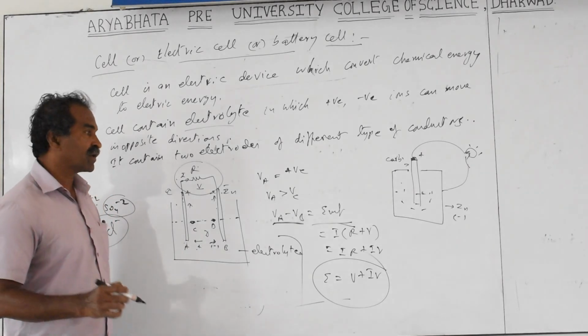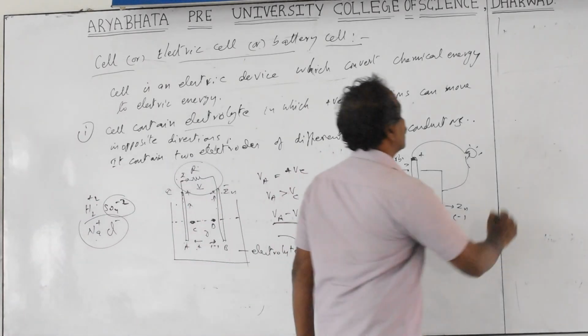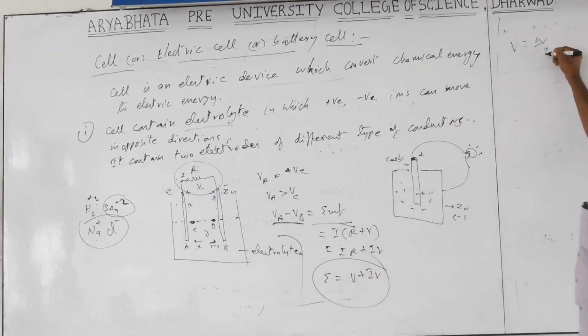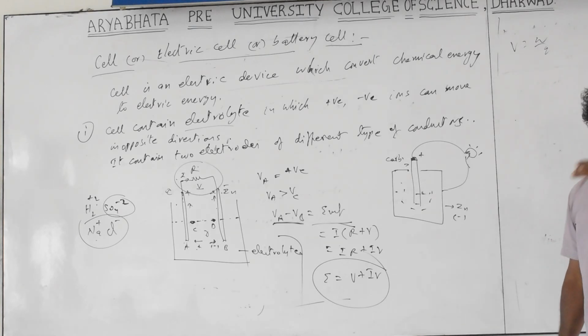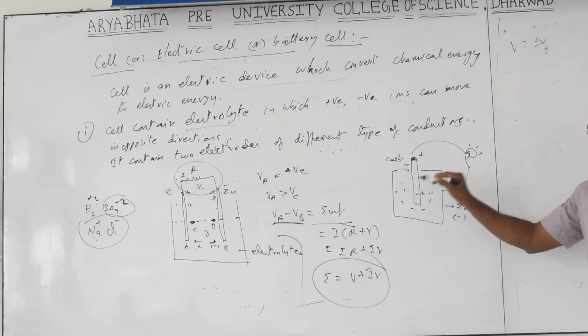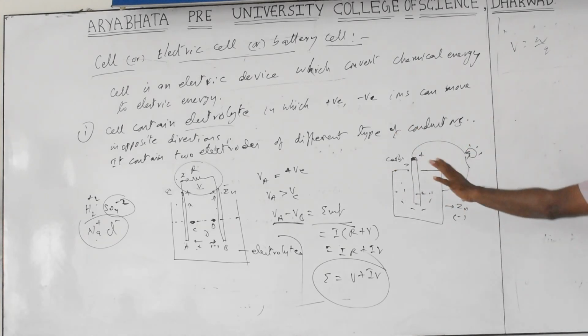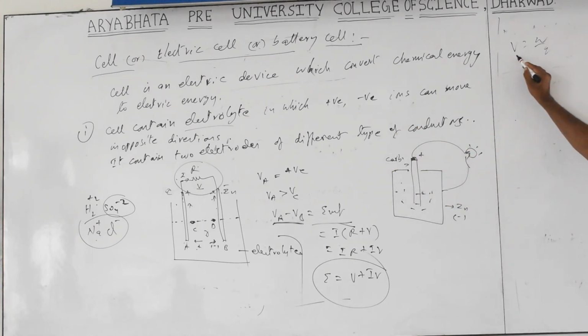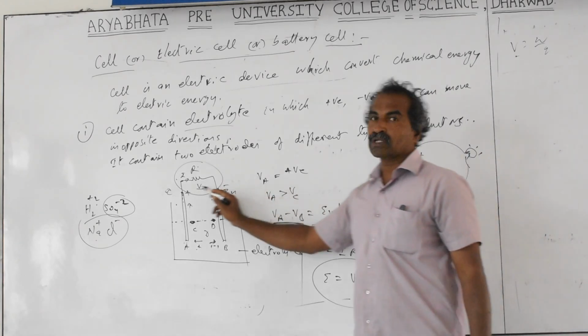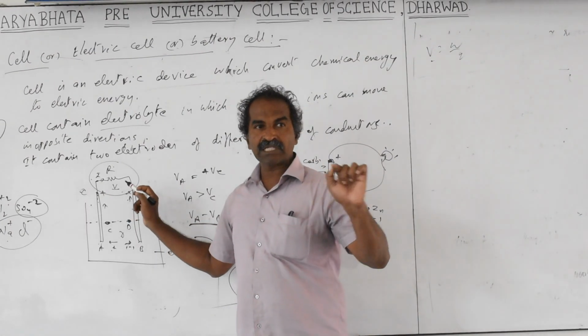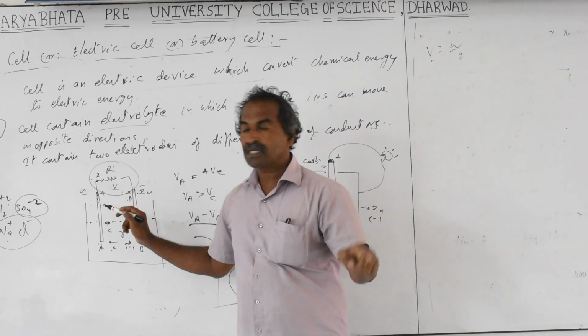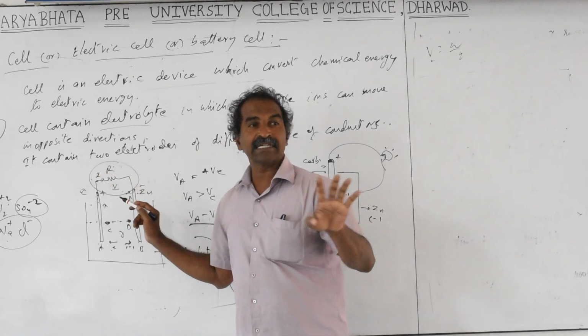So the definition we generally take for potential difference is the work done to move a unit charge from one point to another point with the electric field. So whenever the potential difference is produced, automatically an electric field is produced, so charges are moving. We are not talking about the electric field here. So V equals W by Q, but here V we are using only for the two terminals outside the cell. So potential difference is the work done to move the charge across the external resistance only. That is the terminal potential difference.